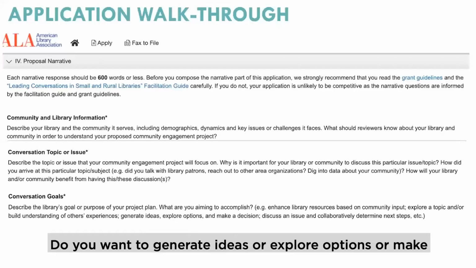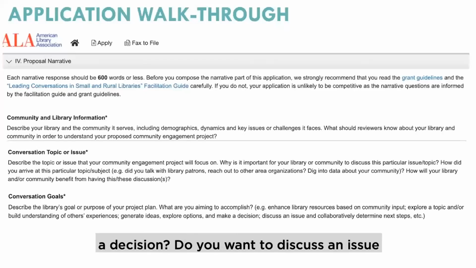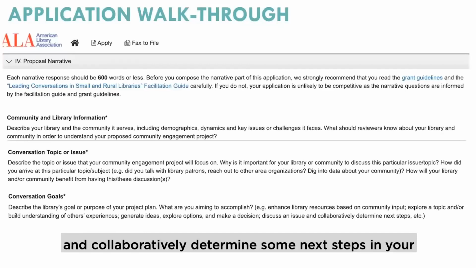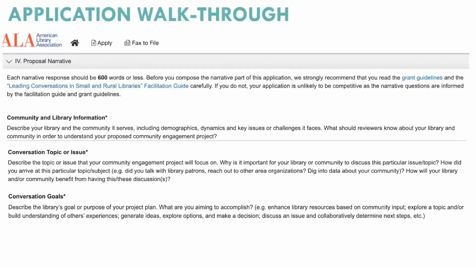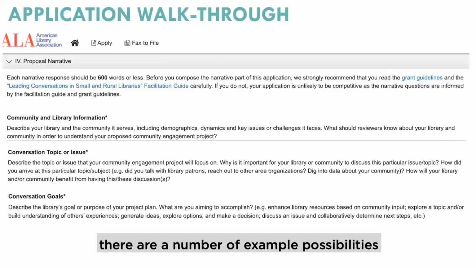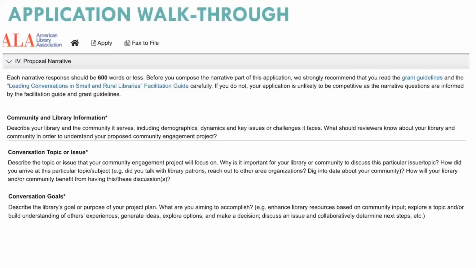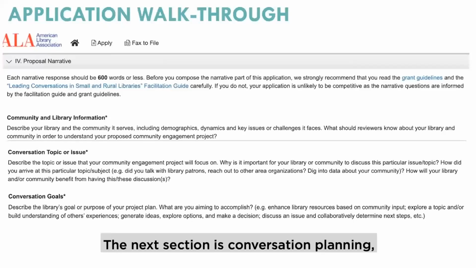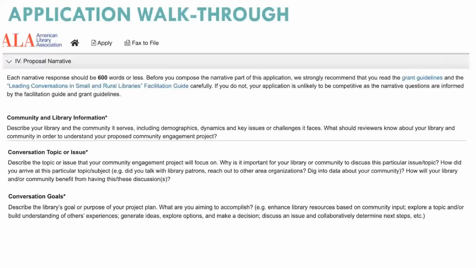Do you want to generate ideas or explore options or make a decision? Do you want to discuss an issue and collaboratively determine some next steps in your community? There are many options. There are also, in the guidelines, a number of example possibilities to get your ideas flowing.